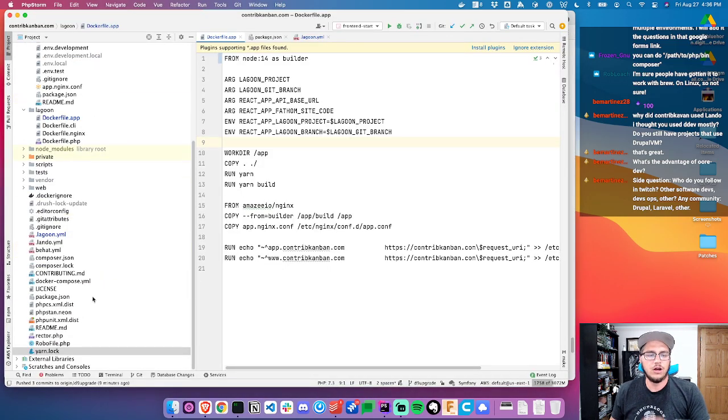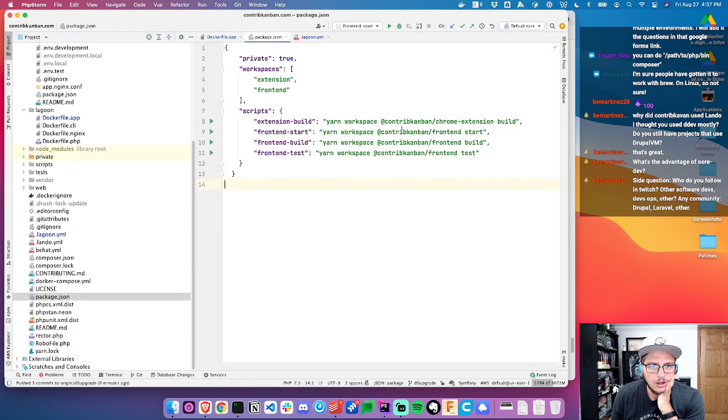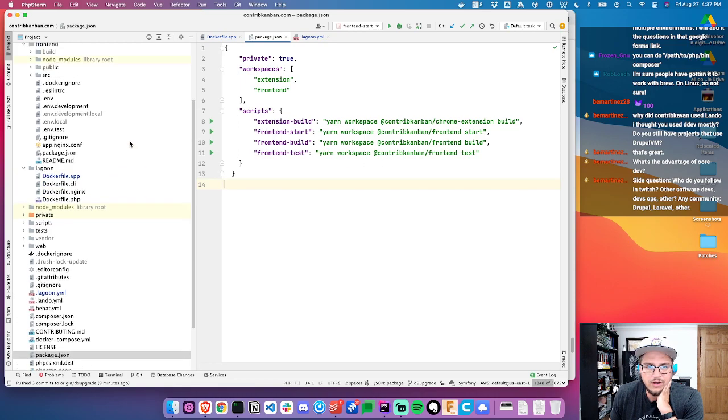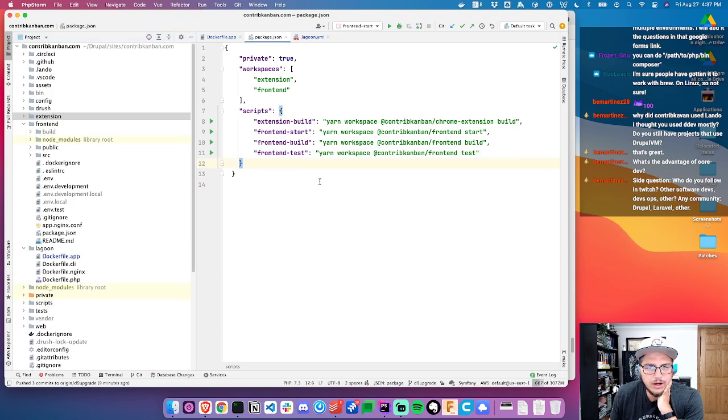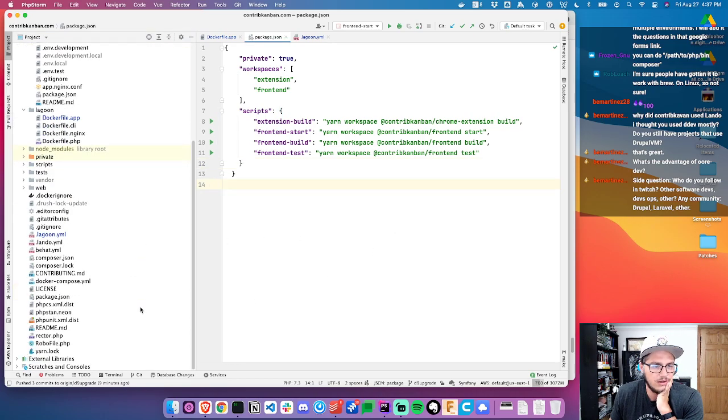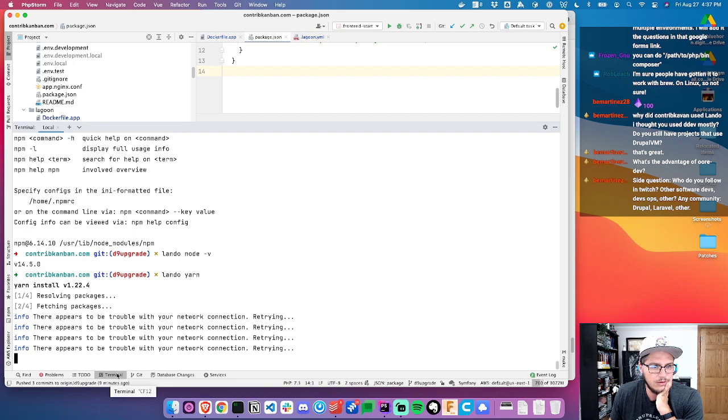So I set it up since there's various things that need to be built. I set up yarn workspaces, so that way I could build the Chrome extension and do some various things with the front end. It seemed like a neat idea, and it kept my node modules really tiny. But it has caused problems with the deployment because it copies in the front end and it doesn't have a lock file. So my idea, once this is done,